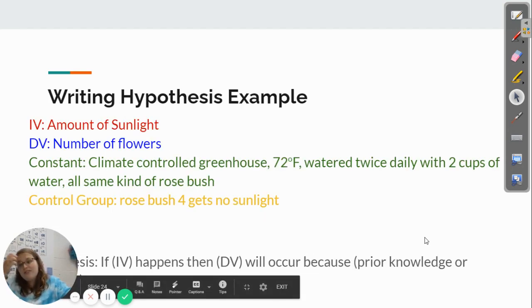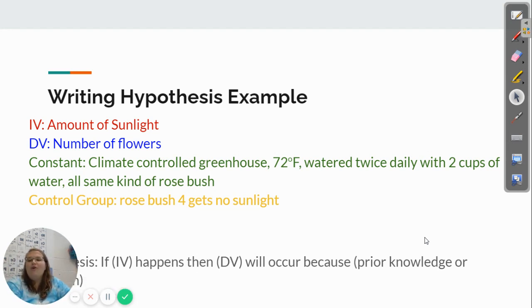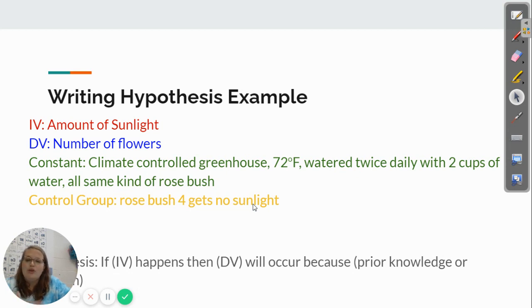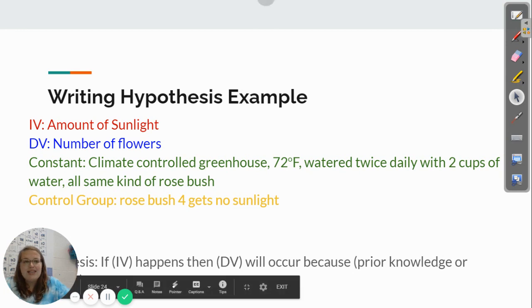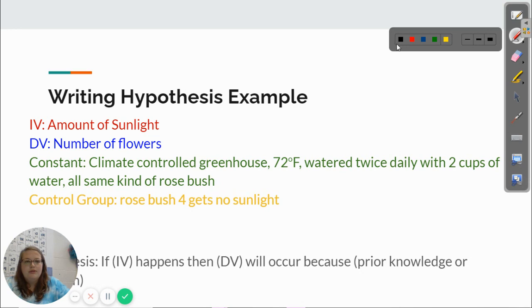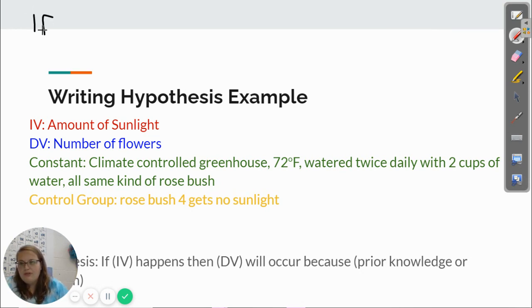So we're going to write a hypothesis based on what we did earlier. So how the amount of sunlight is going to affect the number of flowers grown and why we think this is going to happen. So we're going to write hypothesis in the format of if independent variable happens, then dependent variable occurs because of some prior knowledge that we have. So I can say, I'm going to write this up here at the top. If independent variable, so if a rose bush